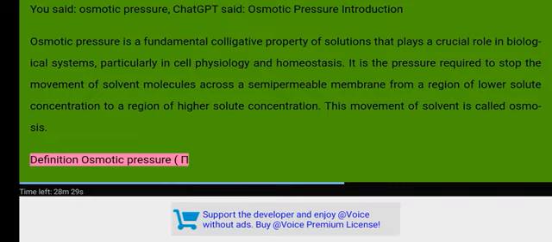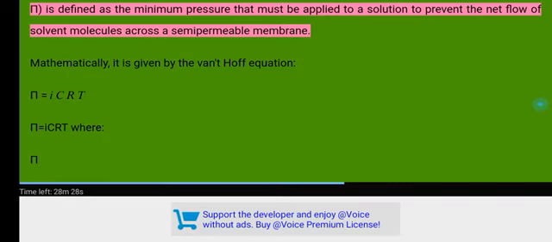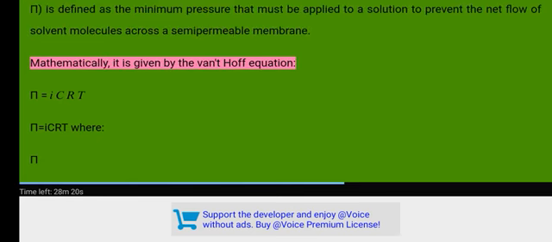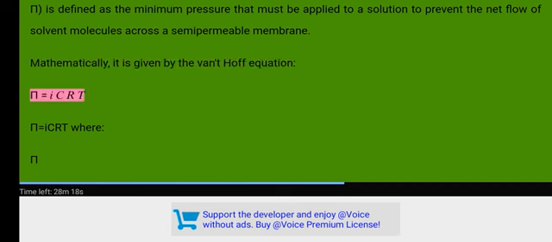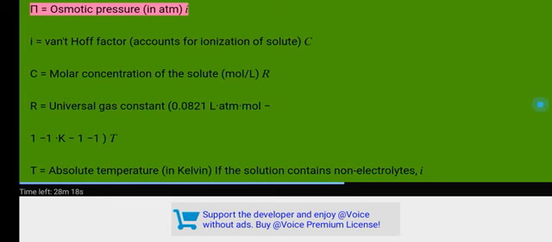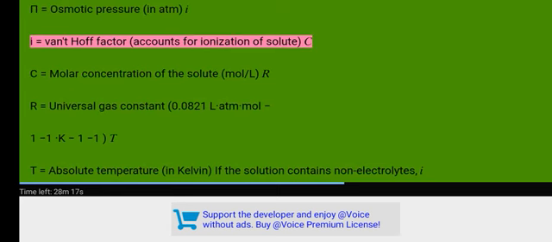Definition: osmotic pressure, pi. Pi is defined as the minimum pressure that must be applied to a solution to prevent the net flow of solvent molecules across a semi-permeable membrane. Mathematically, it is given by the van 't Hoff equation: pi equals iCRT, where pi equals osmotic pressure in atm, i equals van 't Hoff factor, which accounts for ionization of solute,